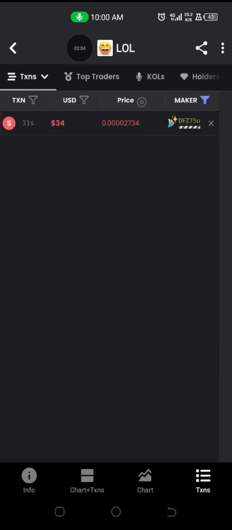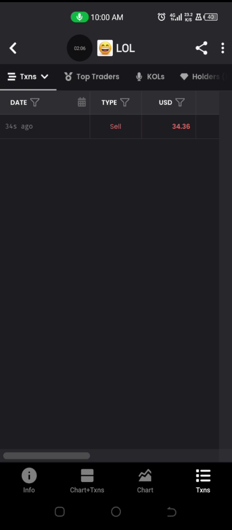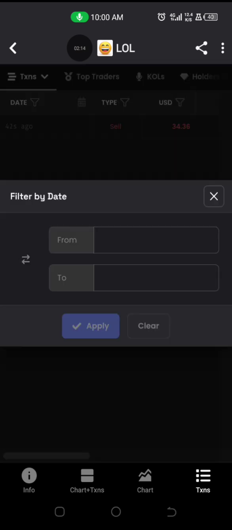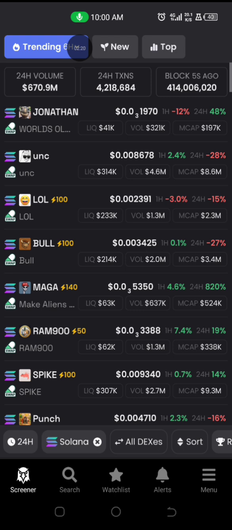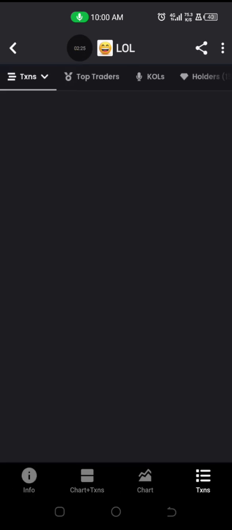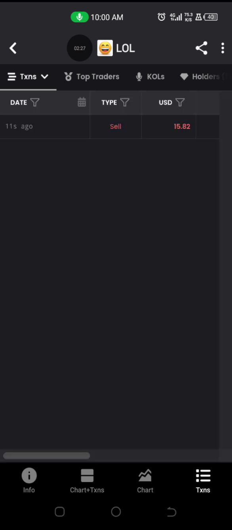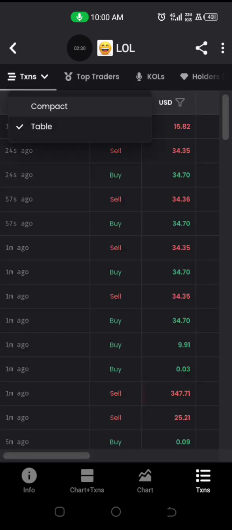Now let's go back to table. So I'm going to click on table here. So I'm changing to table. Okay, let's go back. As you can see, you can swap from compact to table. Now when you swap to table, you can do